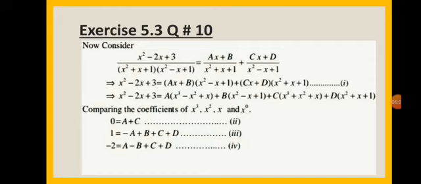The factor x square plus x plus 1 is cancelled out by the denominator. Similarly, cx plus d into x square plus x plus 1 and the factor x square minus x plus 1 is cancelled out. So this is our equation number 1,